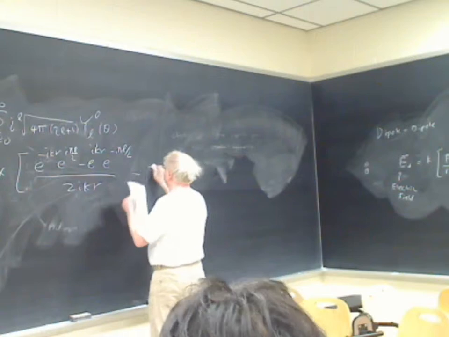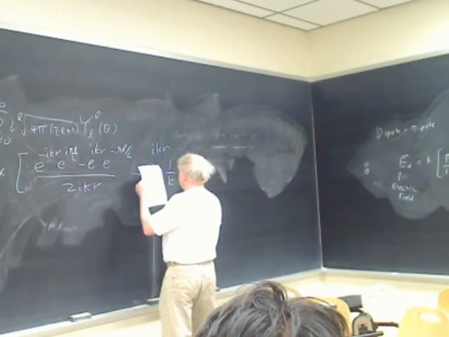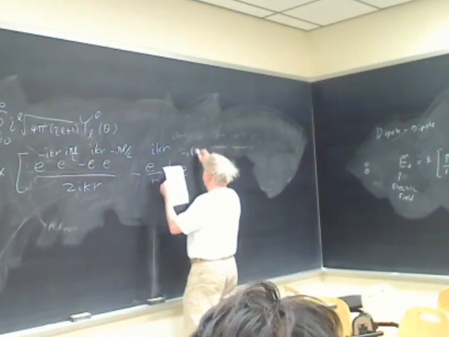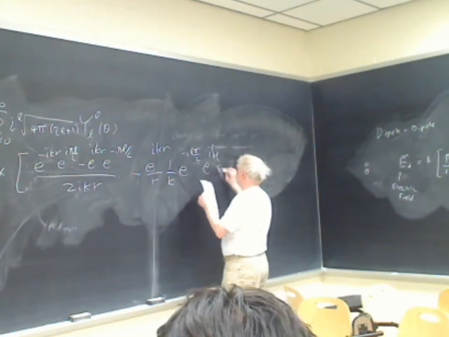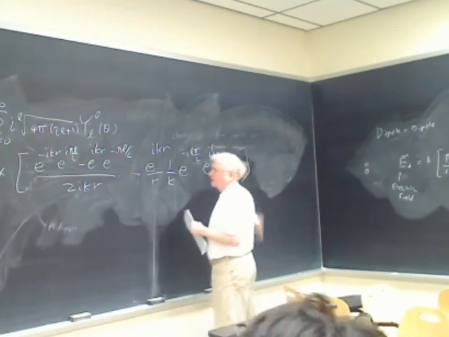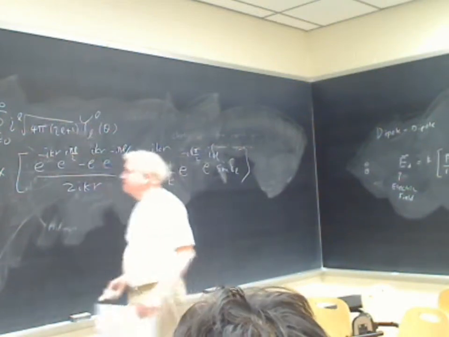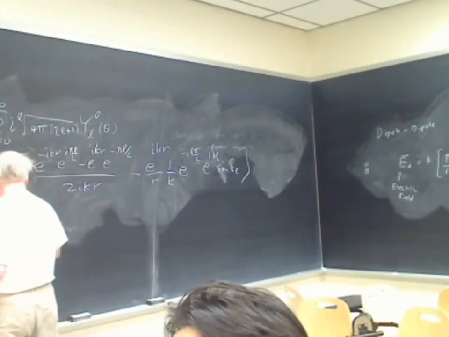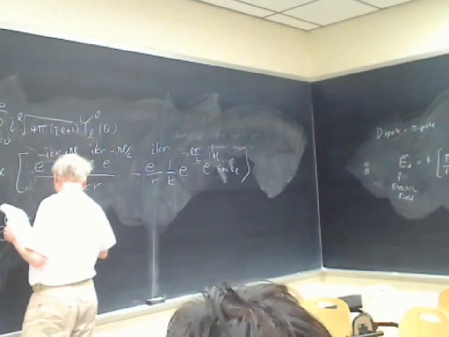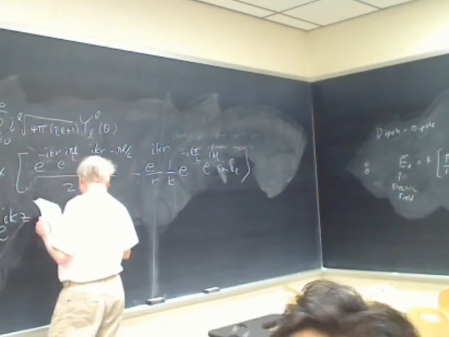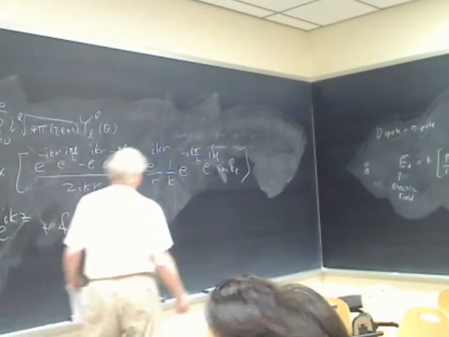And then the other term leaves us with e to the i k r over r, 1 over k, e to the minus i L pi over 2, e to the i delta L sine delta L. Okay, so this first term here, this times that, is just e to the i k z. And the rest, by definition, is f_k of theta e to the i k r over r. And so the scattering amplitude,